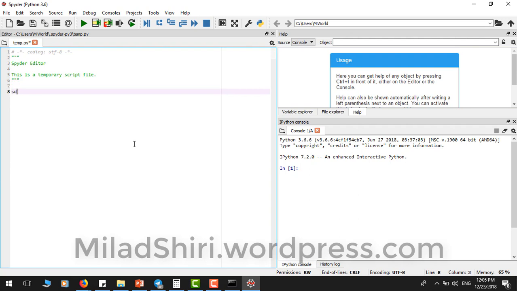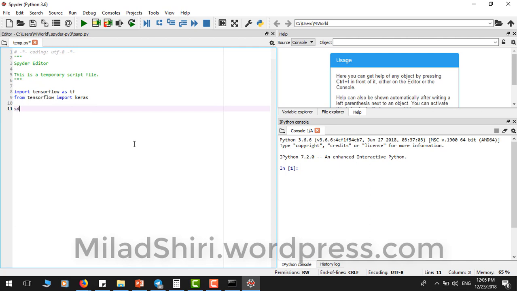Okay, let's import some libraries. First thing we need to import is TensorFlow, so import tensorflow as tf. Then keras from TensorFlow: import keras. And the next step is to import the MNIST dataset. So we type mnist from keras datasets,